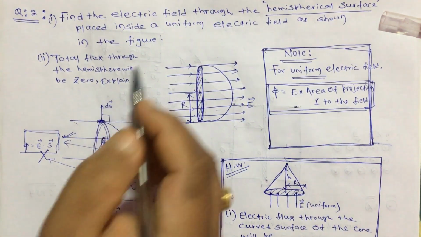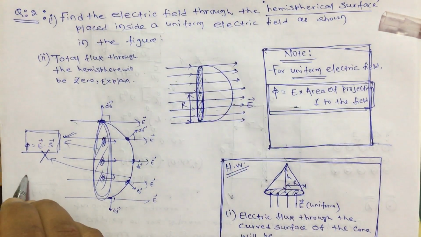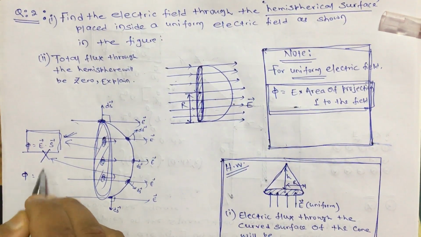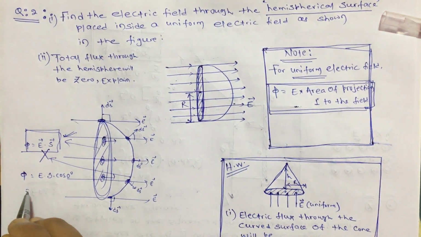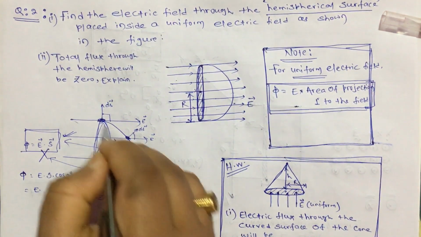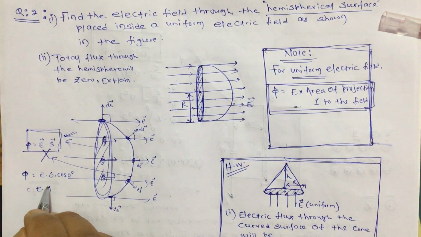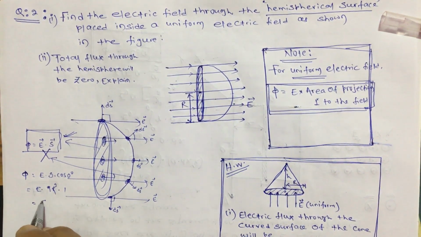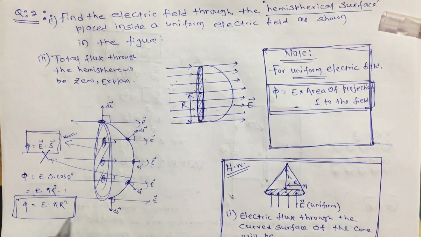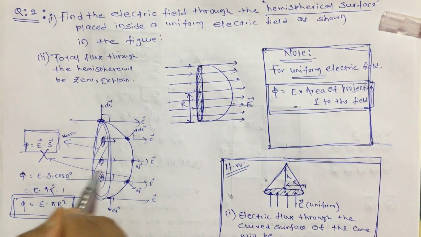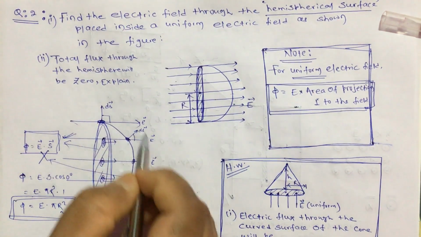It is very easy, because the electric field is given as E, and this area you have to use. By using this formula, you can write it as E into S into cos 0 degrees. So, it will be equal to E into S, where S is this area. Since the radius is r and it is a flat circular surface, it will have an area of pi r square, and cos 0 is 1. So, the answer we got is E into pi r square, and this is the flux entering this surface. The same amount of flux will also come out of this surface.